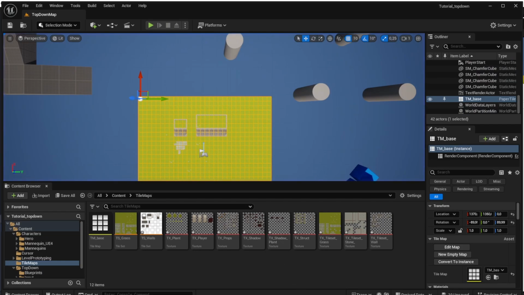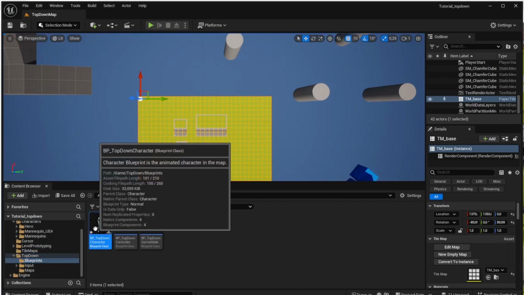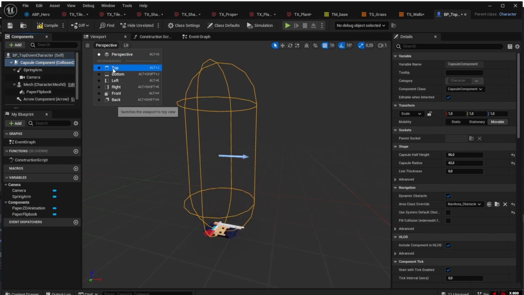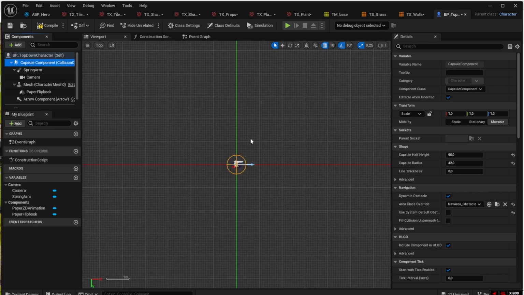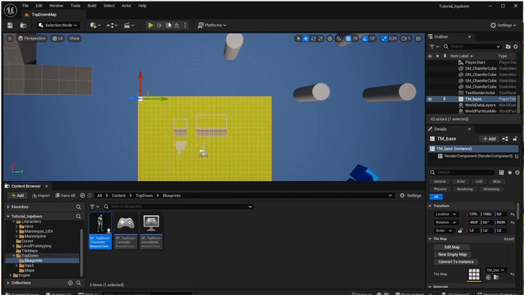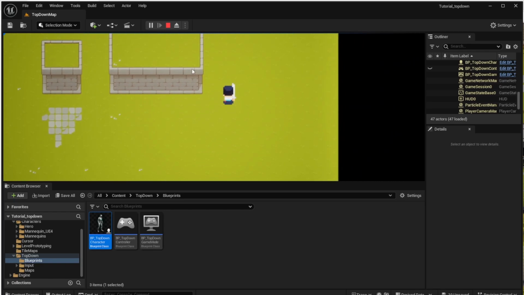but the character moves too far from the walls. The first thing to improve this is to change the capsule size of our character. So let's open the top-down character blueprint and choose the capsule. Now change the view mode from perspective to top and use the capsule radius to resize the capsule to make it smaller to fit our character. Now if you hit the play button again, you can see that it's a little bit better,